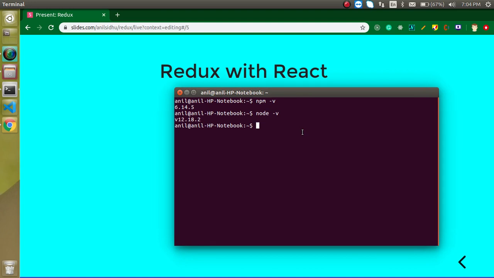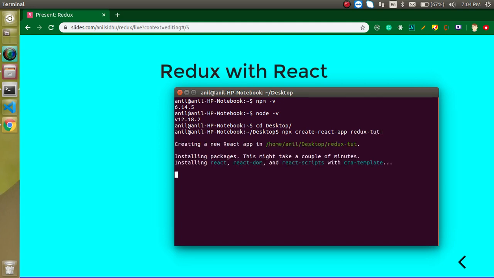in this series, right? So now let's go to the dashboard, and here I'm going to create my new project for Redux and React. So just simply write npx create-react-app and our application name. Let's say my application name is redux tut, right? And just hit enter. When you hit enter, it will start installing,